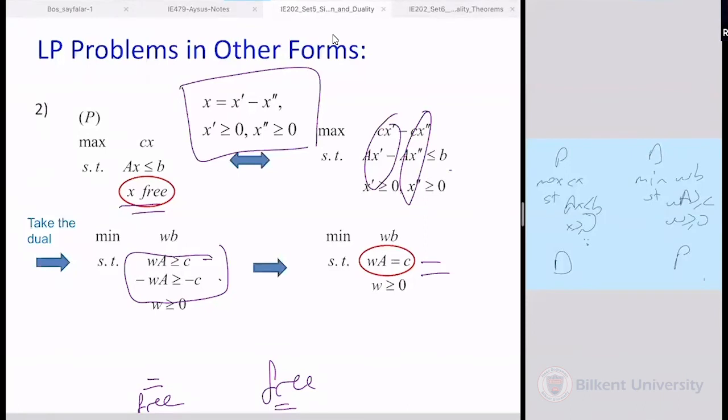Do you need me? Yes, Tolga. Hocam, bu ikinci şeyde yaptığımız şey bütün x'leri mi etkiliyor? Bütün constraint'leri mi etkilemiş oluyor free olarak? Yani